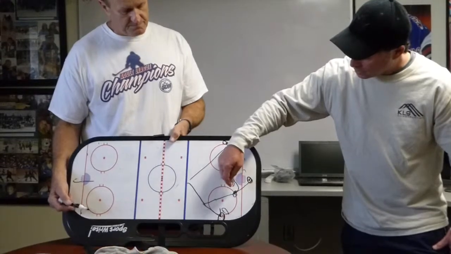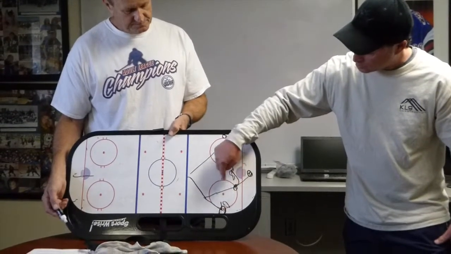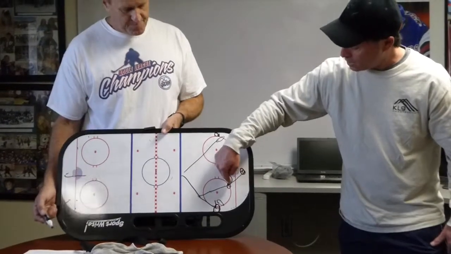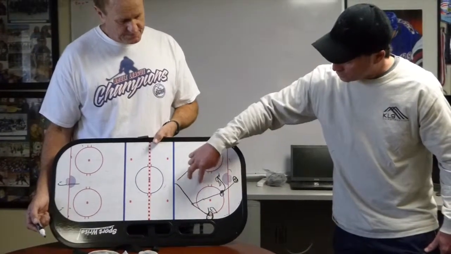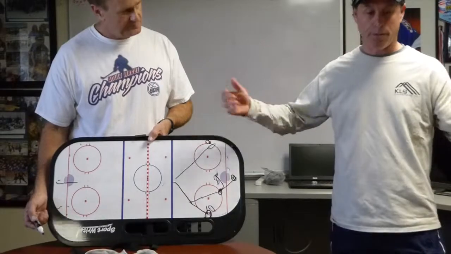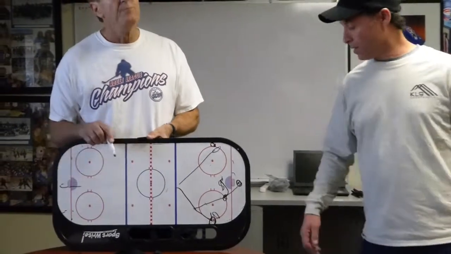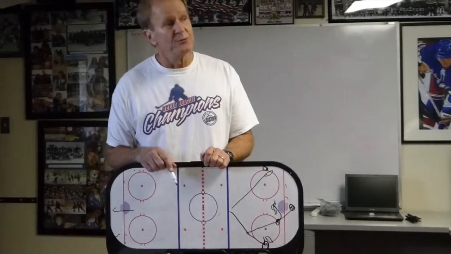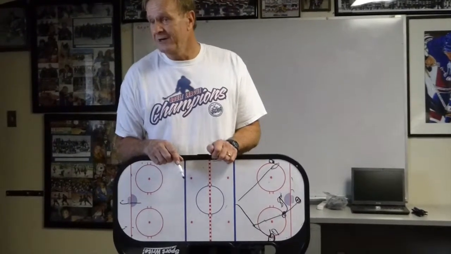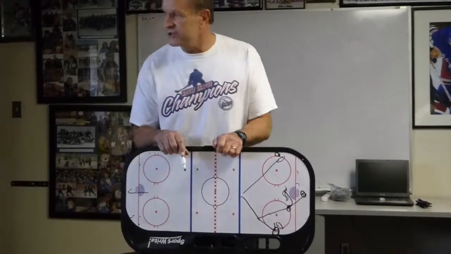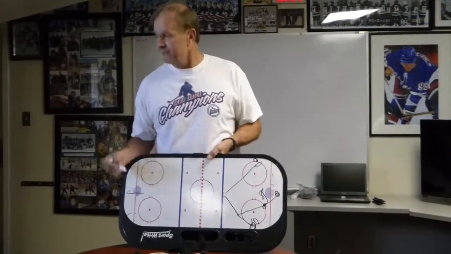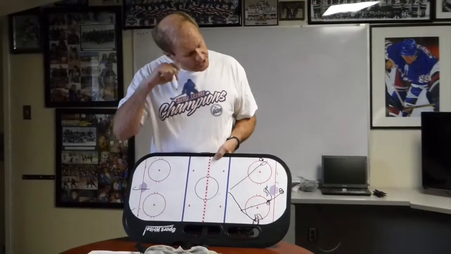Well, it sure is going to be a lot easier to make that decision when his centerman's right where he's supposed to be as a safety valve to break out, and he could hit him. Otherwise, if everybody else is too far up ice, we're in trouble. Puck back in our end for another 30 seconds. Guys, you've seen exactly how we get in trouble when we don't do this right. It's almost like a power play against us, and then we start chasing our tails, and that's what we want the other team to do. Okay? All right, guys, so listen, the